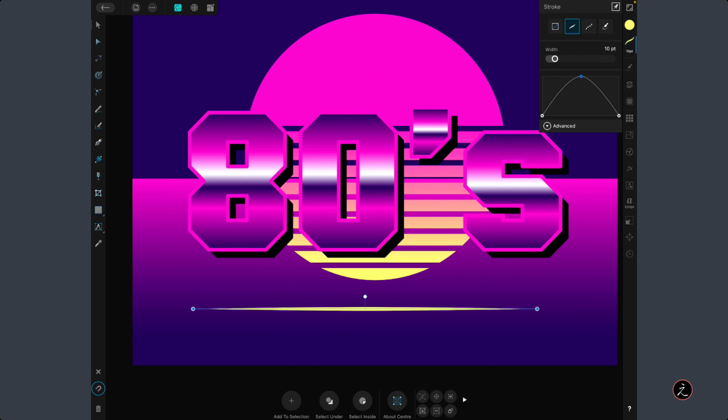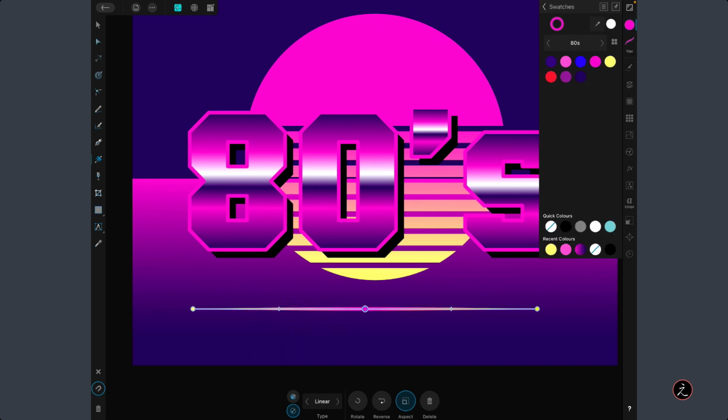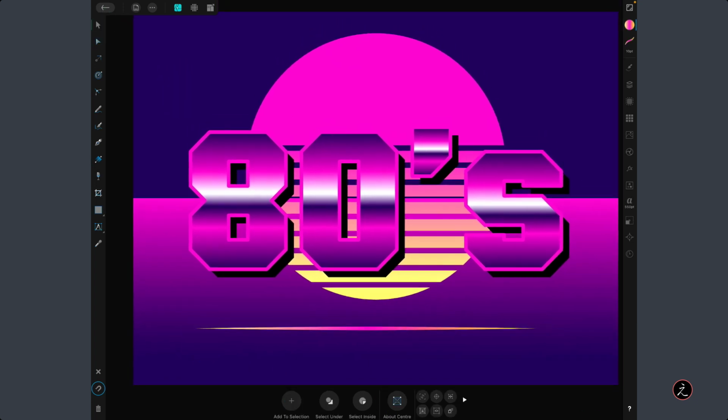What I'm going to change here is, instead of just having a fill color, I will grab the fill tool and also apply a gradient to the stroke. For that, I will tap on this icon here and use, for the type, linear gradient. I will tap to create an additional color stop and give it this color. Let's deselect everything and look at the result. And this is what I was going for.